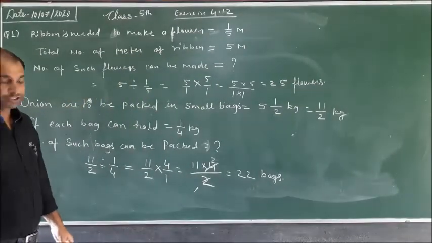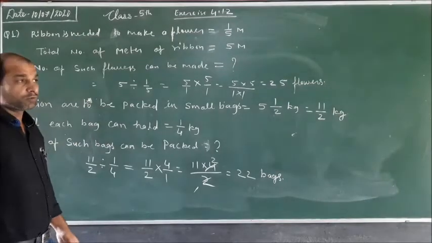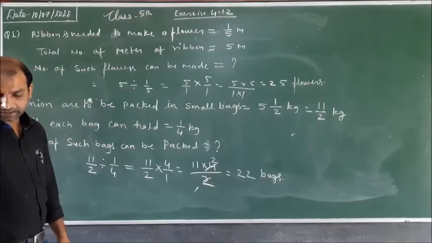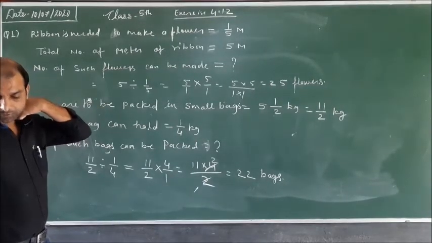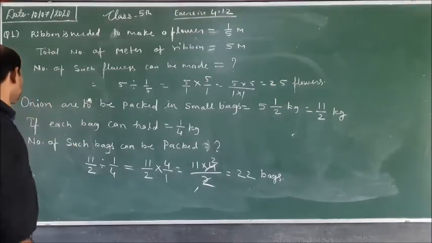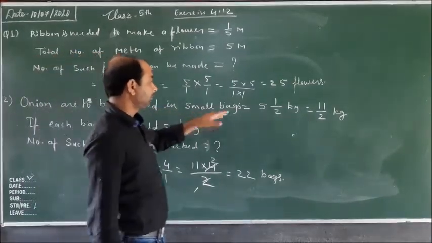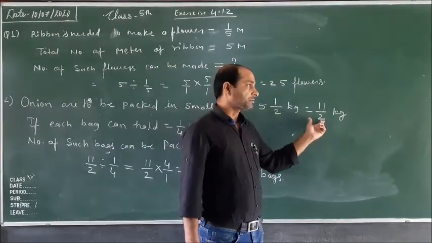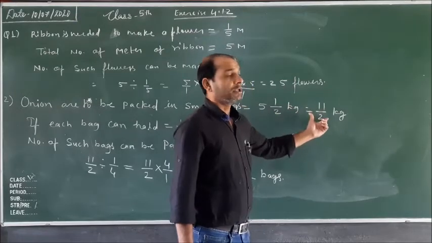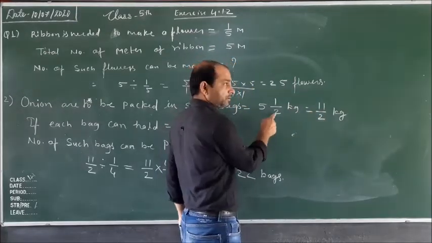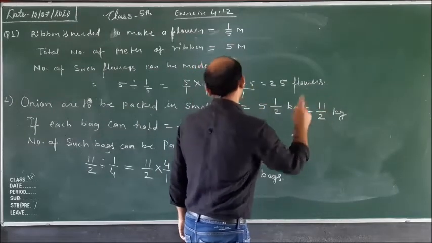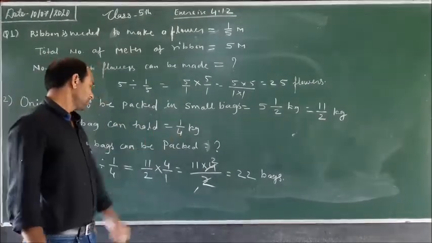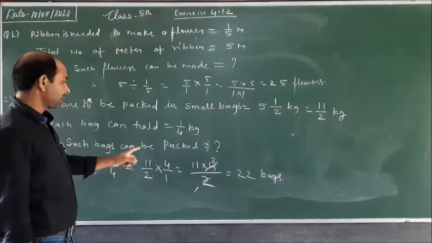Now the second question: 5 1/2 kg of onion are to be packed in small bags. If each bag can hold 1/4 kg, how many such bags can be packed? So onion to be packed equals 5 1/2 kg. We change the mixed fraction into an improper fraction. 5 times 2 is 10, 10 plus 1, 11/2 kg. If each bag can hold 1/4 kg, the number of such bags that can be packed